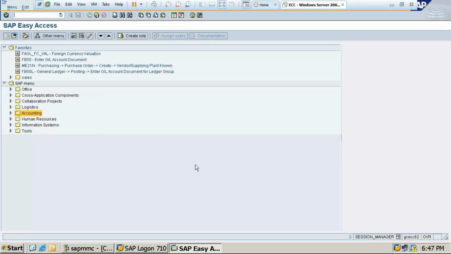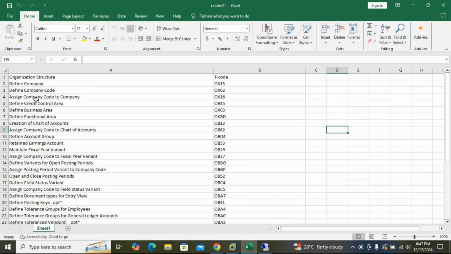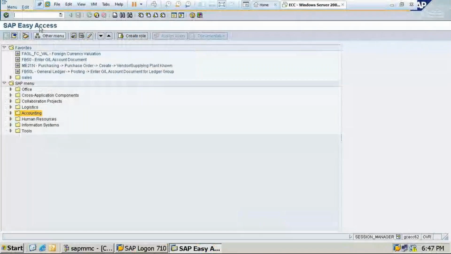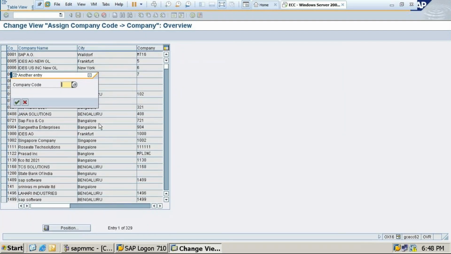Now again I'll use the next T code. Next T code is assign company code to company, OX16. So what we'll do here is /n OX16. So this is your company code. Click on positions. Company code is Info.